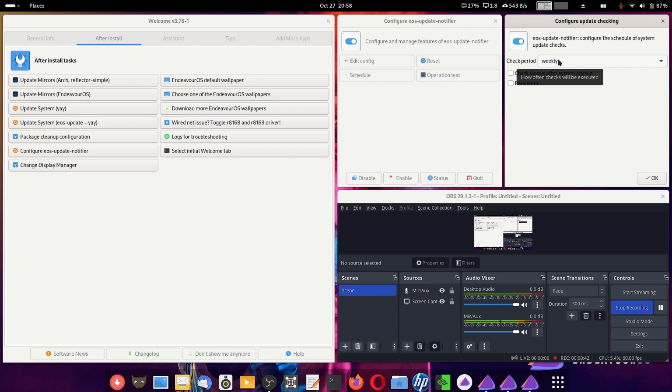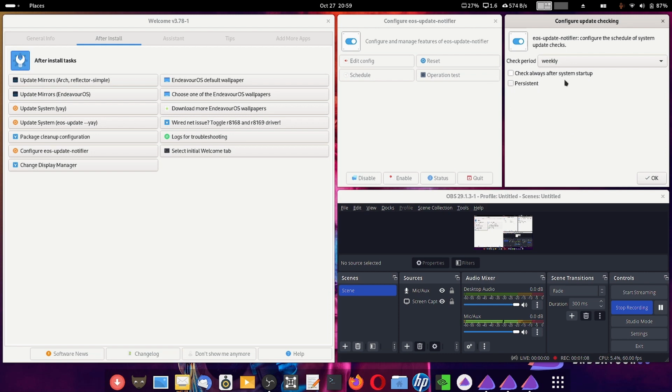in Arch Linux. If you do monthly, then the update size becomes very big, and there is a possibility of dependency issues, because the packages get a lot of updates in a month. So there might be some cyclic dependency issues. So you should do it weekly, and if you want, you can check this option, check always